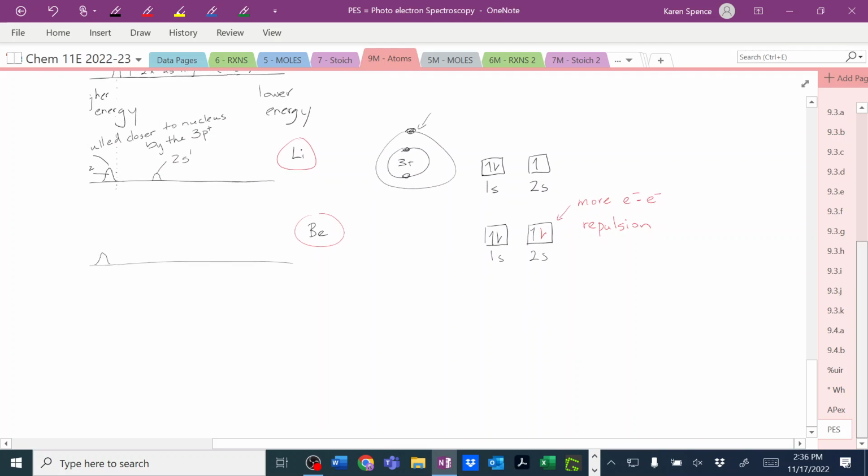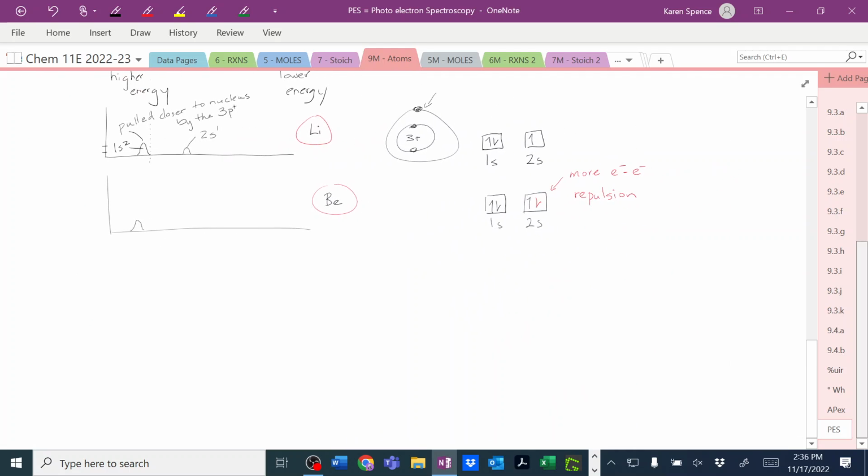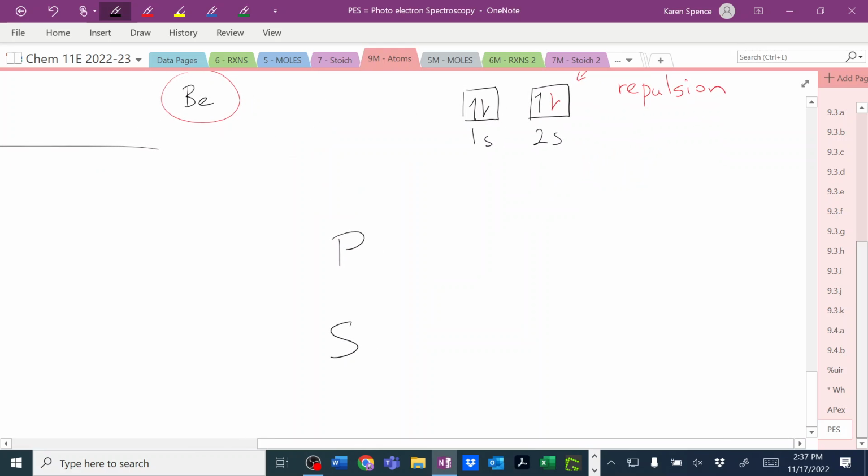And I will say that for sulfur, which is the one that you're looking at there, phosphorus and sulfur, if we look at our electron diagram, 1s, 2s... Oh, in fact, let's just do it for nitrogen and oxygen instead, because it'll be the same thing. Okay? So if we have nitrogen and oxygen,